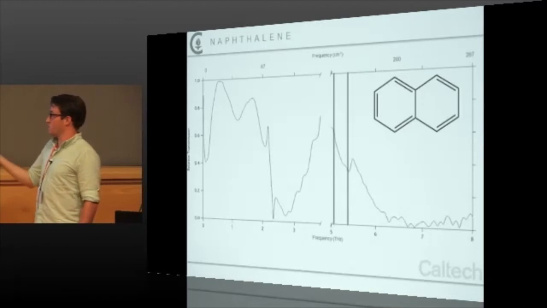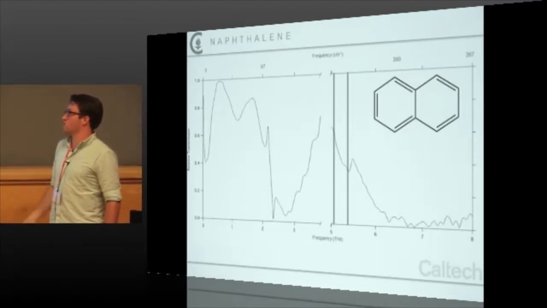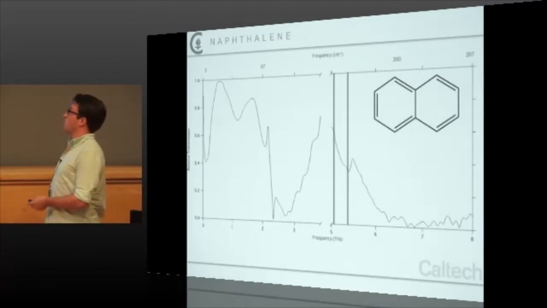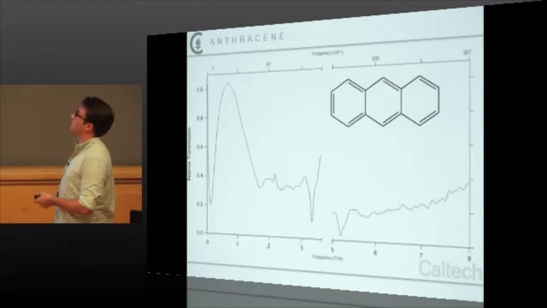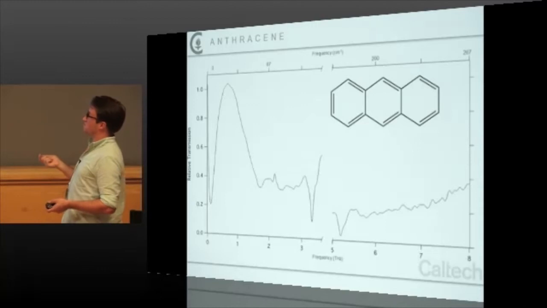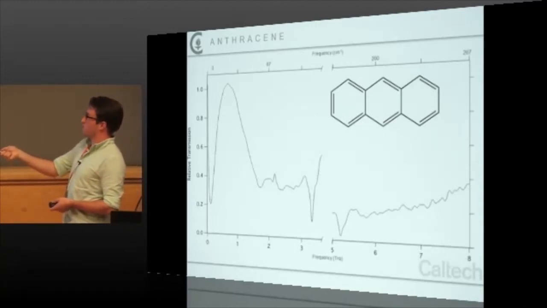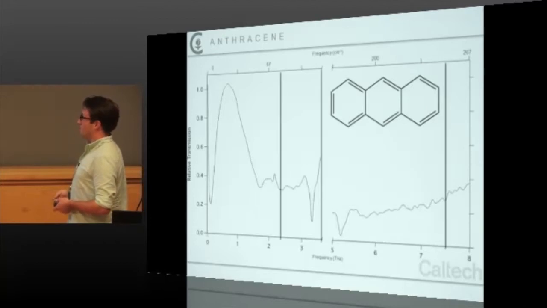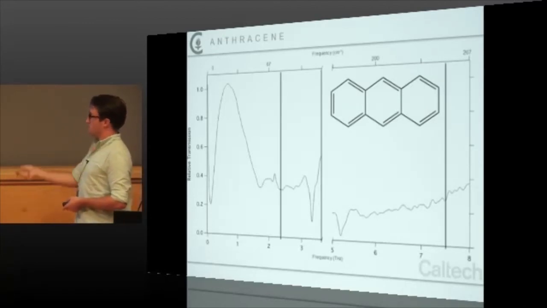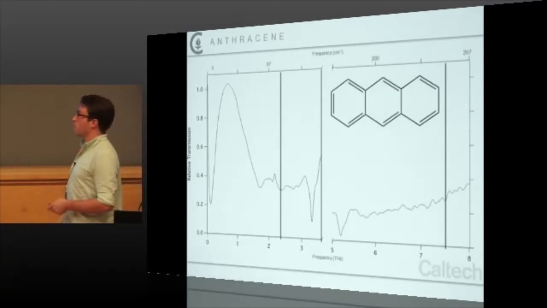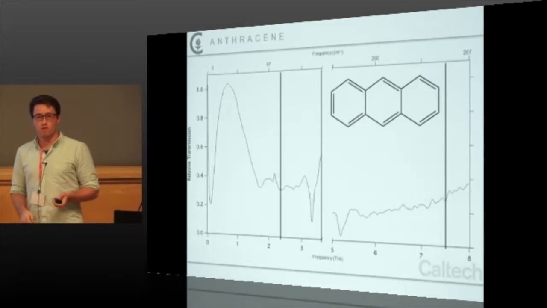But this is actually nice because we get several very strong absorption features. Going down to 0 is basically completely opaque. So several strong, unique absorption features for naphthalene. Moving on to anthracene, same thing. We got 2 very nice strong absorption features and maybe one more over here. Theory says we should have 3. This one may just be a sensitivity issue with our instrument, but these 2 may actually be the same 2. It's just that they're so anharmonic. The theory gets them very, very wrong.